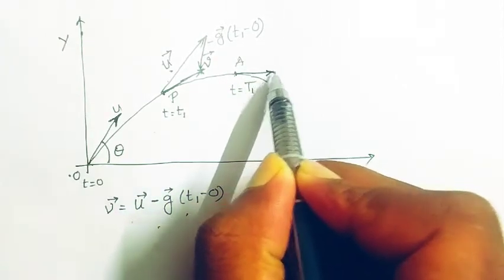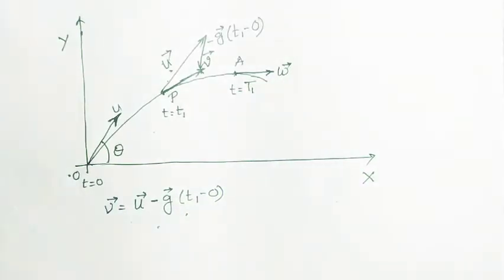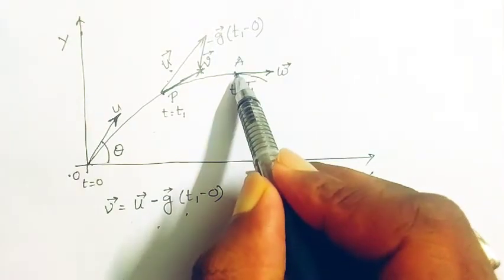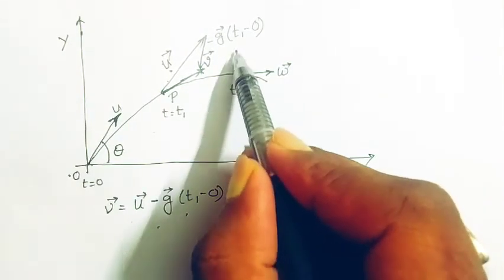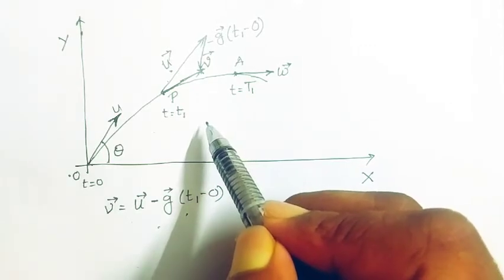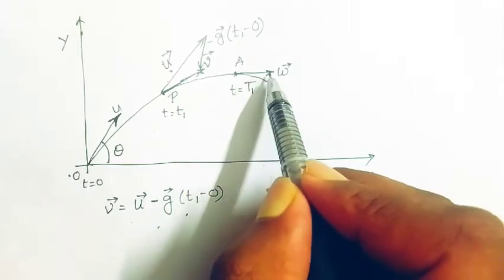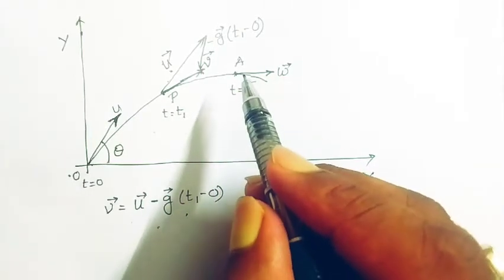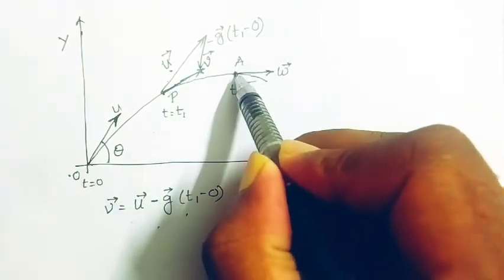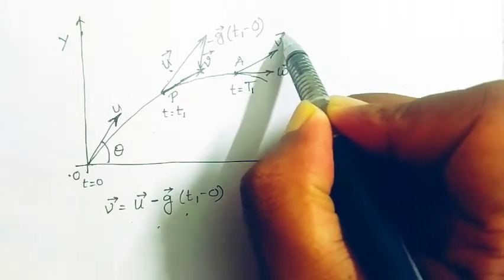So if I say it is the w vector, I think you will not argue with me, because there is no vertical component of velocity. Because if I say w cos 100 degree, that is in the perpendicular direction, that is not here. So I think this thing is satisfied. So this is the w vector, the velocity vector at the point A. So if I just shift this v vector here, this is our v vector.